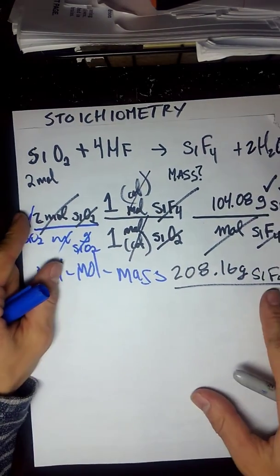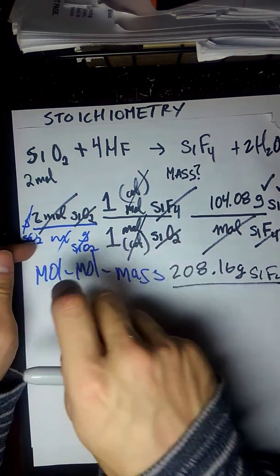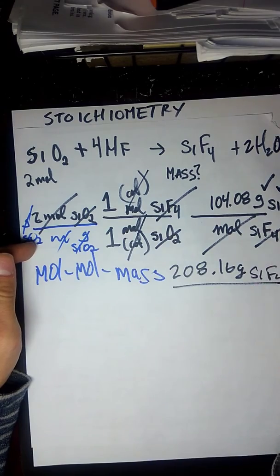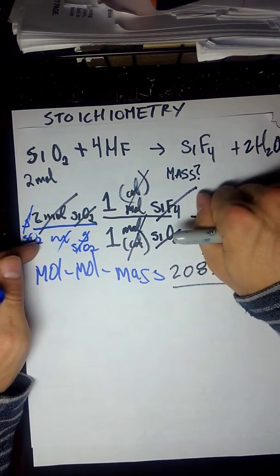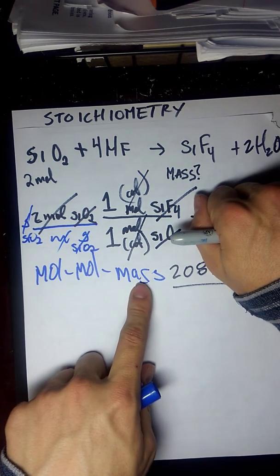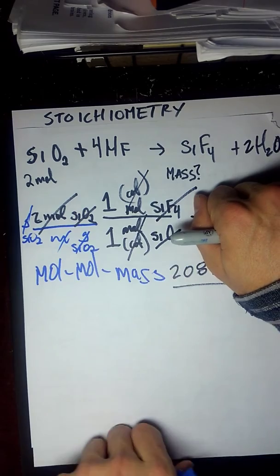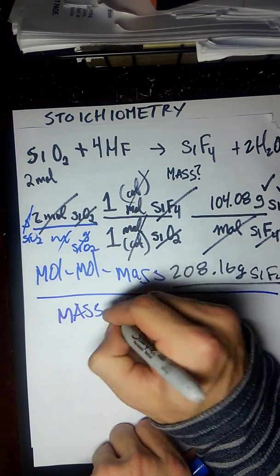Some of them that confuse people, though, is mass. For some reason, this confuses people. If we're given mass and we're going moles to moles, it's a little bit more confusing because we end with the coefficient ratio in this case. So all I'm doing is knocking this part off. So if I wanted to find mass to moles, right? Let's draw a line here, and I want to find mass to mole,